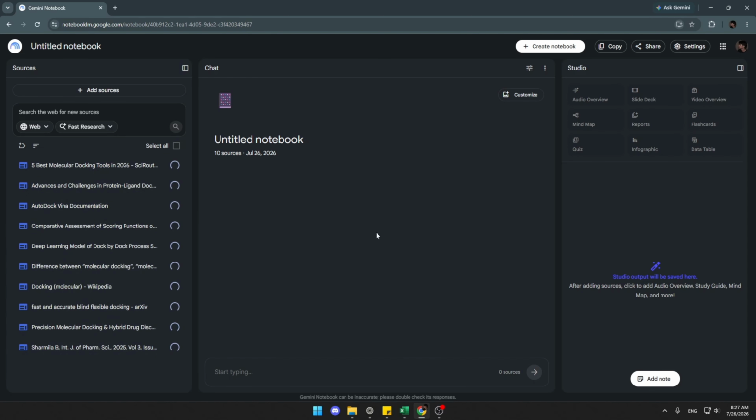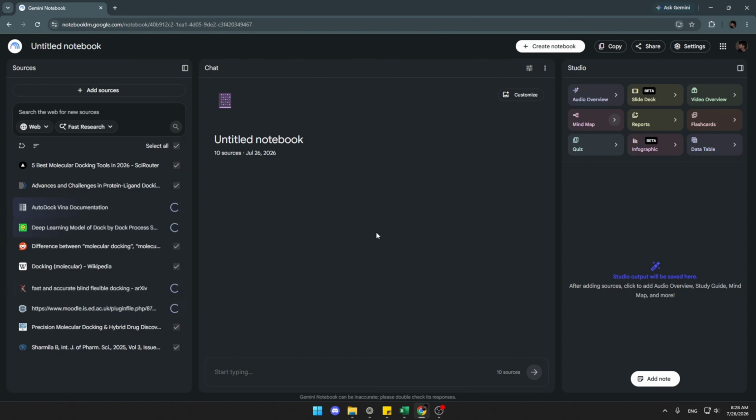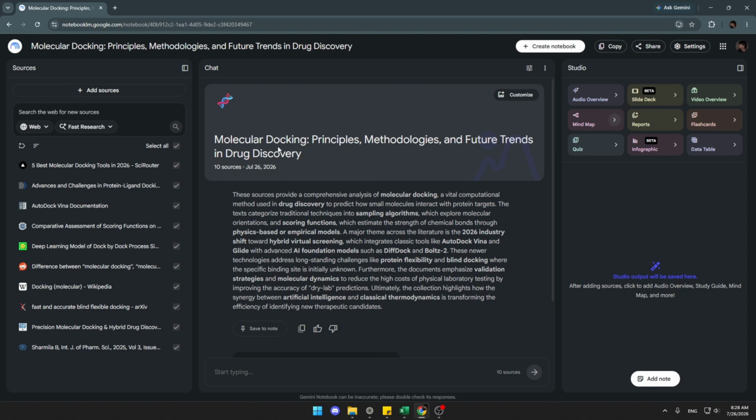And usually when you create a new untitled notebook, NotebookLM will automatically name it for you. It's going to choose an appropriate title, but if ever you have something else in mind or follow a specific format when creating your notebooks, you can rename it manually. So as you can see, it went from untitled notebook to molecular docking principles, methodologies, and future trends in drug discovery. So the quickest way to rename an already open notebook is to just mouse over the title at the